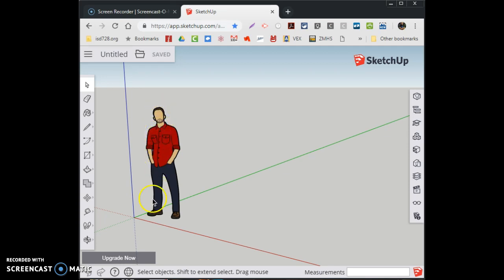I think he's a 6-foot tall gentleman, maybe about 1.5 feet, 2 feet wide. So if I'm drawing a little 3 by 3 inch square, it might be the size of his shoe right here. So I'm going to click on this guy and get rid of him. I'm going to delete. I'm going to use the orbit tool